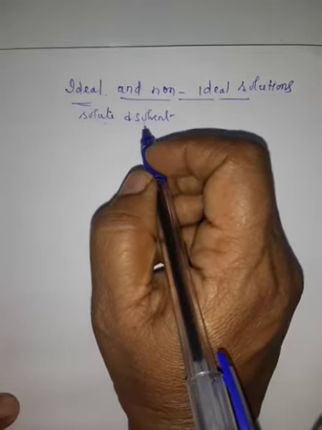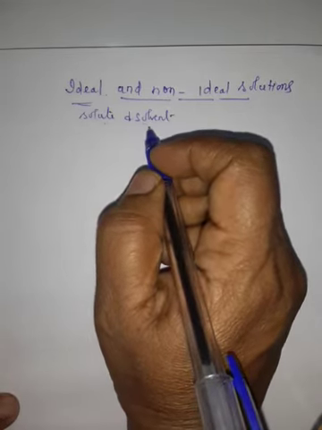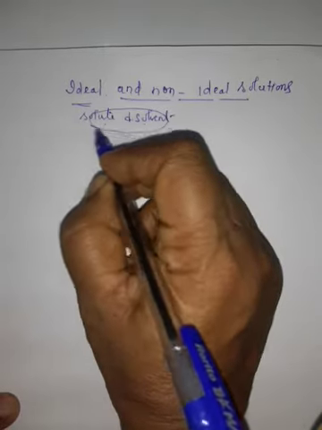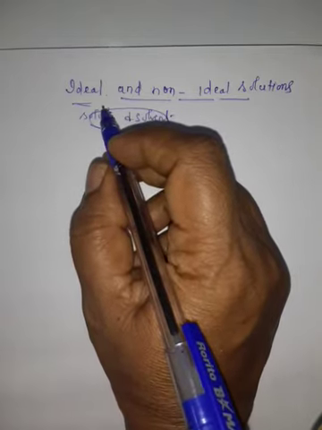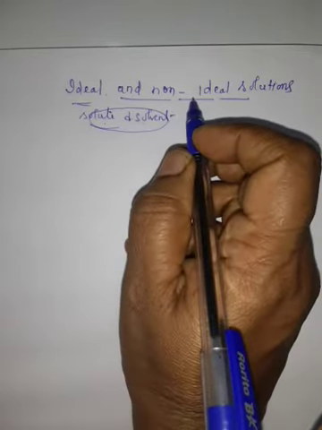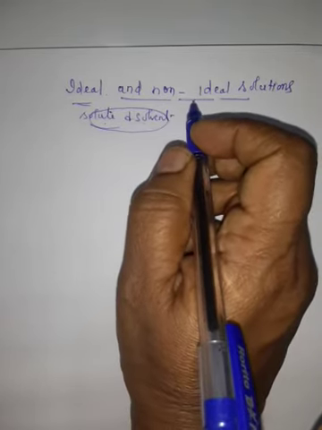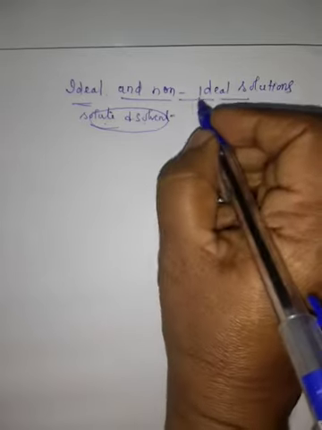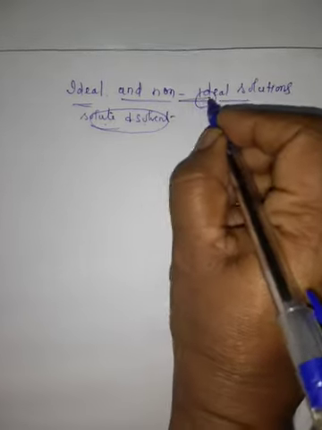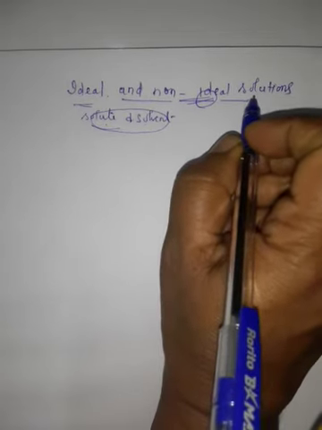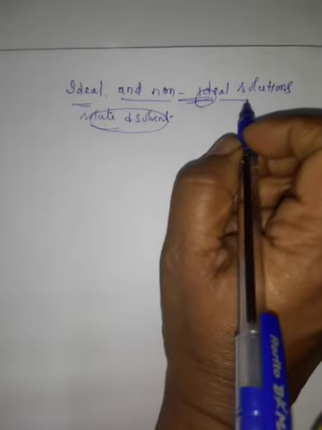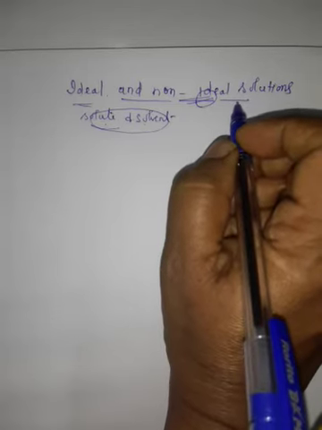In the last video I explained about Raoult's law. So the solute and solvent which obey Raoult's law are called an ideal solution. A non-ideal solution is one which does not obey Raoult's law over the entire range of concentration.